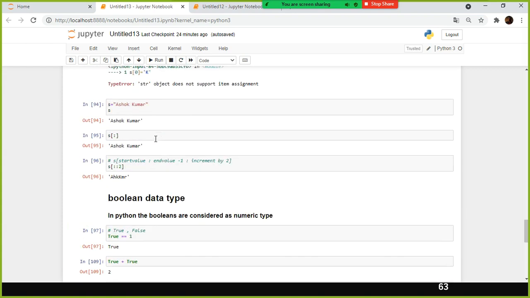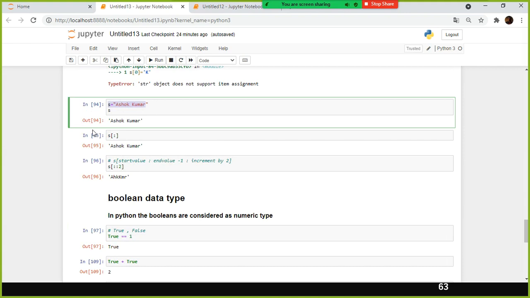And they will ask you how to reverse the string. Now, you mentioned Ashok Kumar, how do I reverse the string? How do I insert a value between so and so? Instead of O, I need to put something else, and M. So multiple characters I need to modify in a string. You are saying you cannot modify the string, but you can select a range of values. If I have a paragraph, one paragraph of text, and wherever O is there, wherever K is there, I need to replace it with some other value. How do I do that?